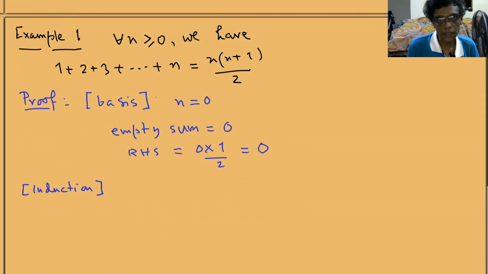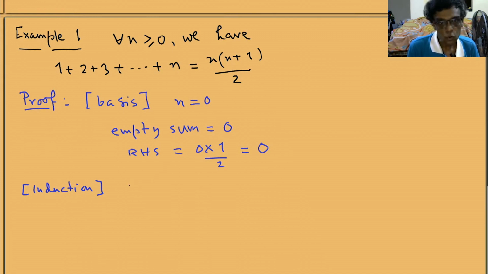If you are asked to write a program to implement this sum, then you initialize a sum at 0. Then in a loop, you add 1, then 2, then 3, then 4, and so on. Likewise, if you want to compute n factorial, you initialize your product to 1. Then you multiply 1, multiply 2, multiply 3, and so on. So an empty sum is 0 always. Remember this.